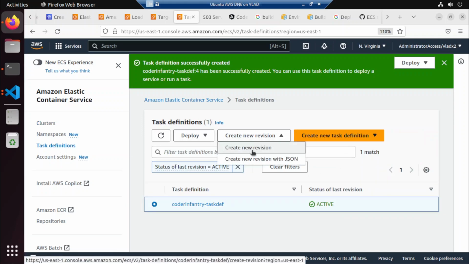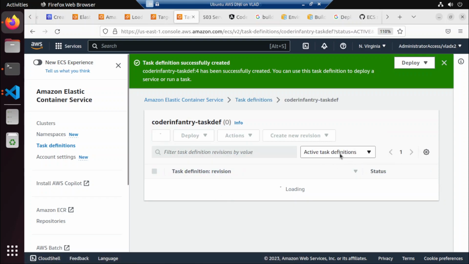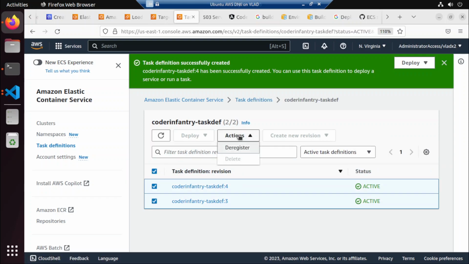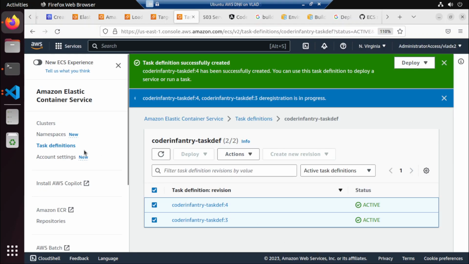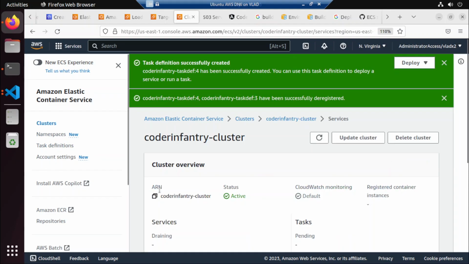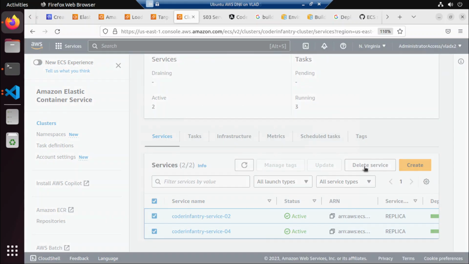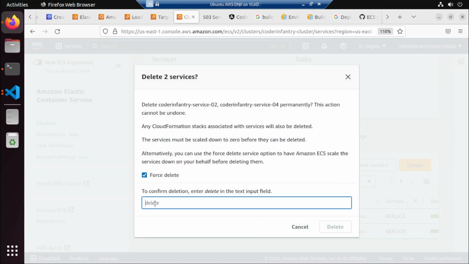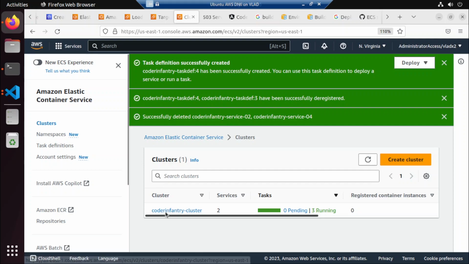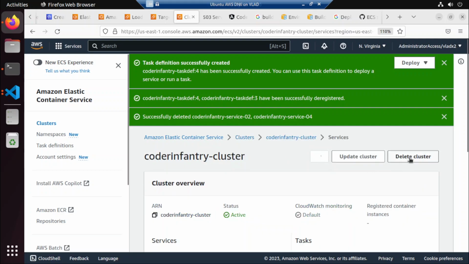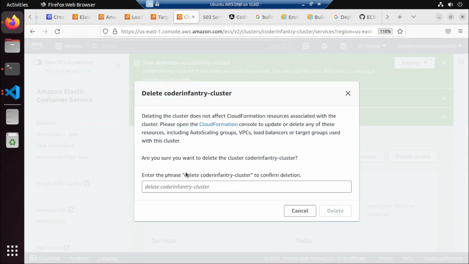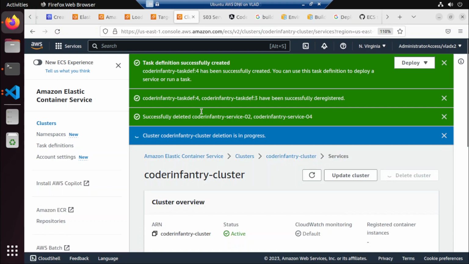Alright, so let's delete this, deregister. Go to cluster, go to services, delete, force delete the services, and then delete the cluster. Delete the cluster. And then